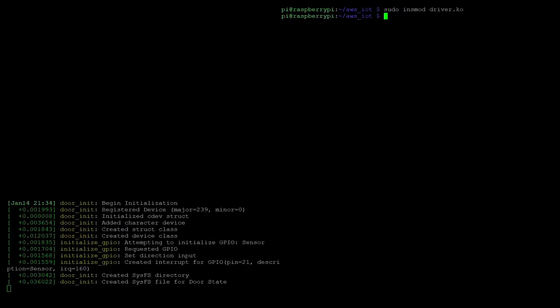can see that the module's been loaded, it initializes, it has a character device, a struct class and a device class, and then it will initialize the GPIO, which in this case is the magnetic sensor. It will create an interrupt and it will create a SysFS file. So the SysFS file is located in the sys directory. So if I do first ls sys sfs